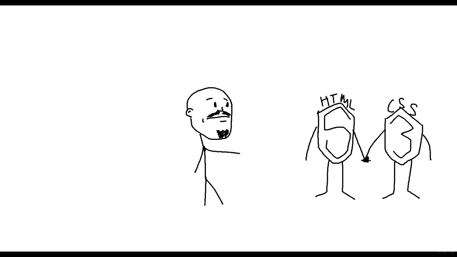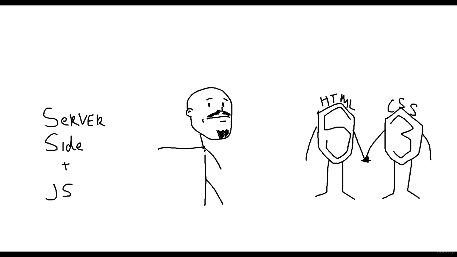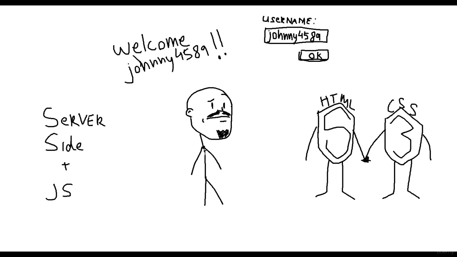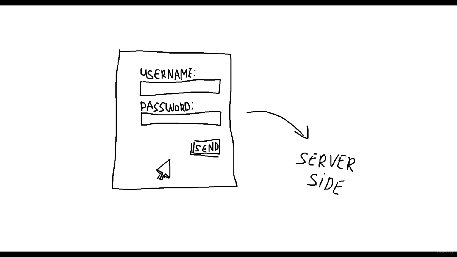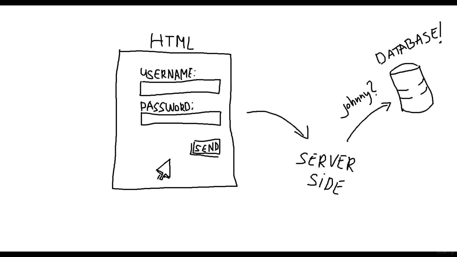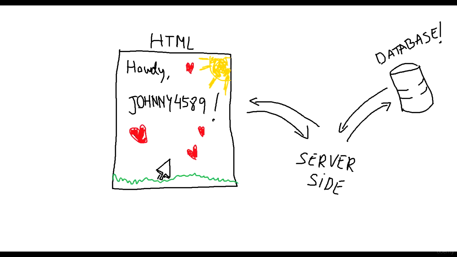Databases. So you have your web page structured and designed by your HTML and CSS, you have your logic with JavaScript or server-side, and now you want to save your user's username and then welcome them every time they click on your website with "Howdy Johnny 4589." How are you going to do that? Well, when your user enters your page with their username and password, you send the server side the details that the user typed inside of your HTML, and then the server side requests the details stored in the database of this specific username. Then it sends the name back into this pipeline until it gets back to the HTML, and HTML presents it, and the CSS makes it look pretty.